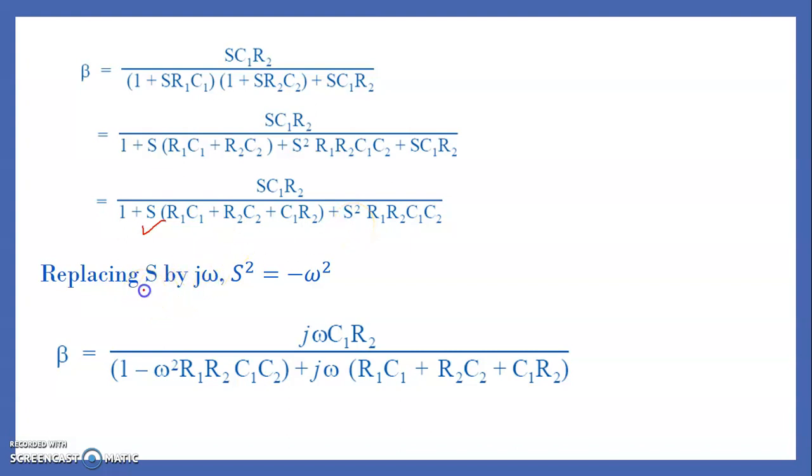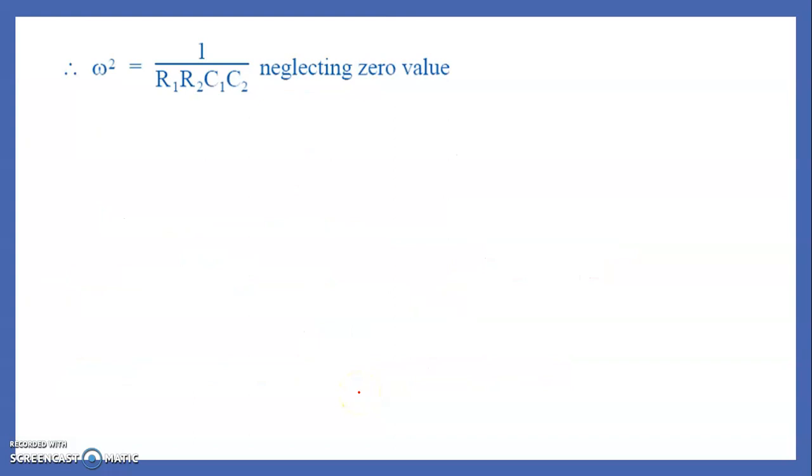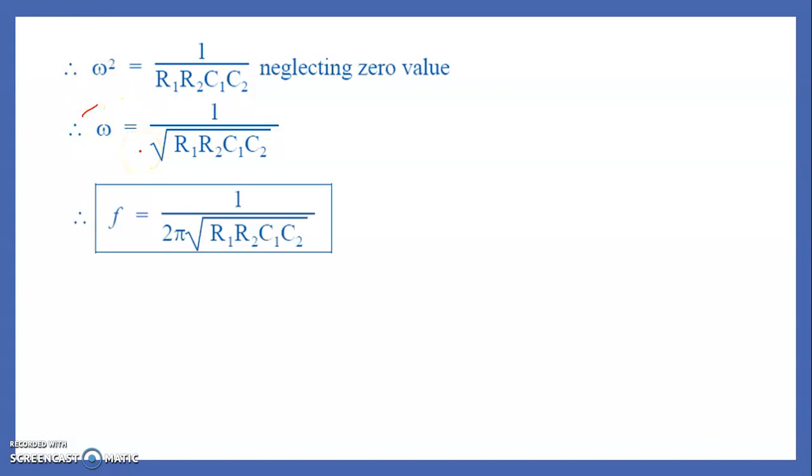We also know S can be replaced by j omega, and S square can be replaced by j omega the whole square. We know the value of j square is minus 1, and therefore minus omega square. In the place of S square, I am substituting minus omega square, and in the place of S, we are substituting j omega. In this expression, neglecting the zero values, we have obtained this particular expression. From this, we need to find the angular frequency, and then the linear frequency is calculated such that f is equal to 1 by 2 pi square root of R1, R2, C1 and